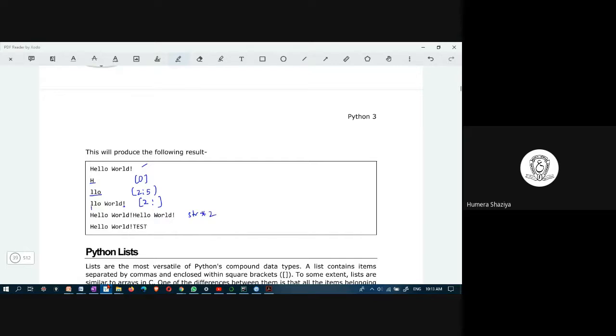Into 2 means the same string would be printed 2 times. Hello world, hello world. And this one is str plus test. This is concatenation. Repetition, concatenation. Okay, hello world concatenated means combined with the test.